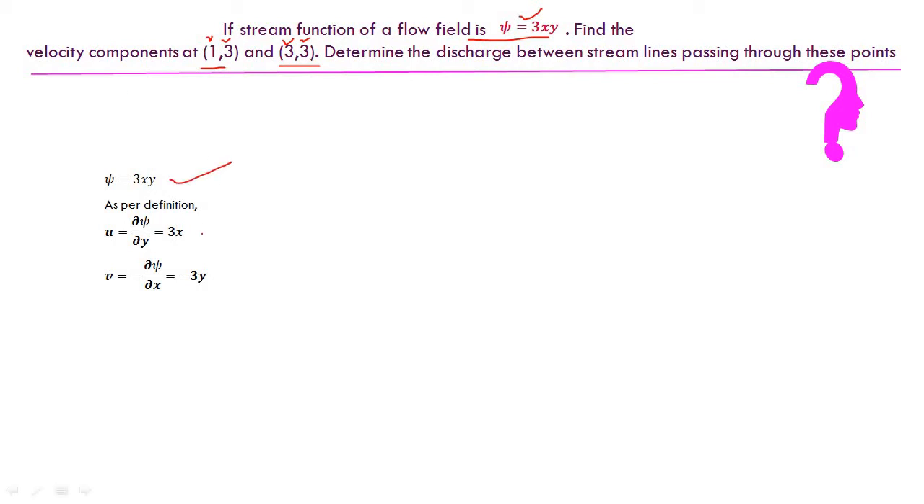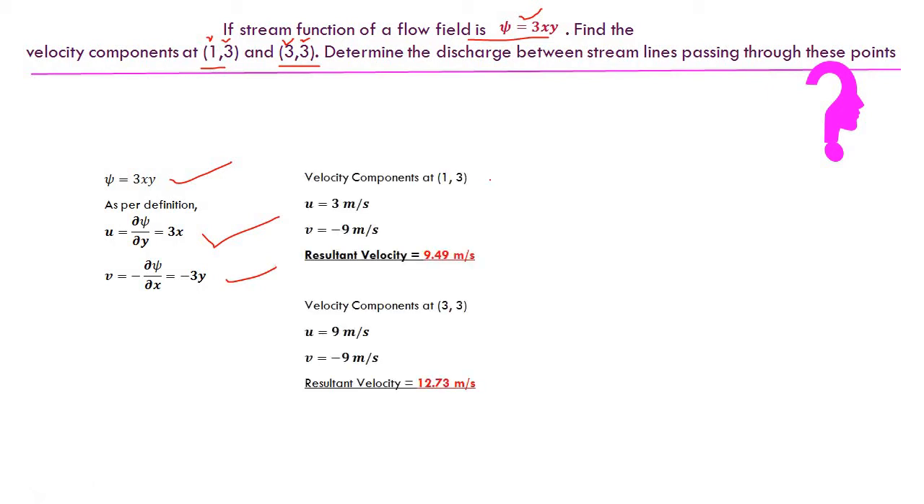As per the definition, u equal to ∂ψ/∂y, that is equal to 3x. The y component of velocity, v equal to minus ∂ψ/∂x, that is minus 3y. So the velocity components at point (1, 3): you substitute x equal to 1 and y equal to 3. So u equal to 3 meter per second and v equal to minus 9 meter per second, and